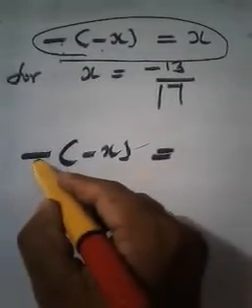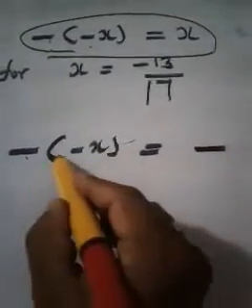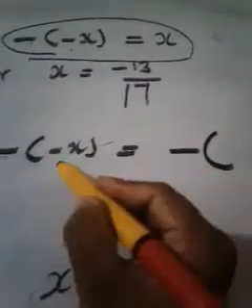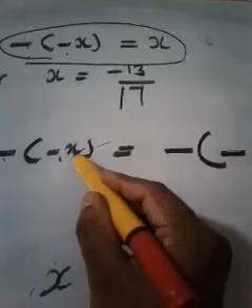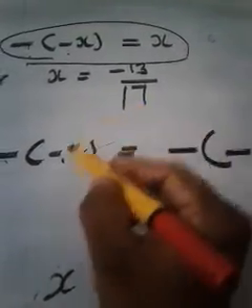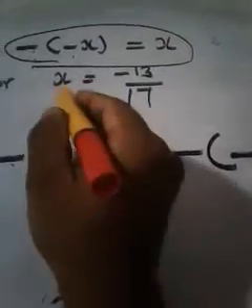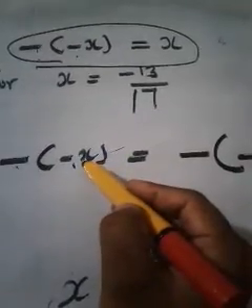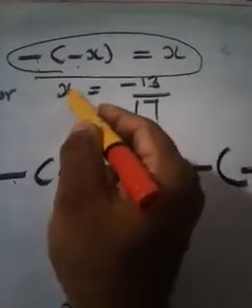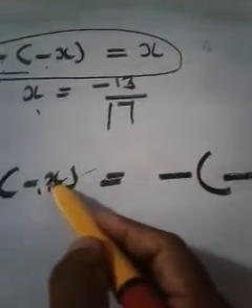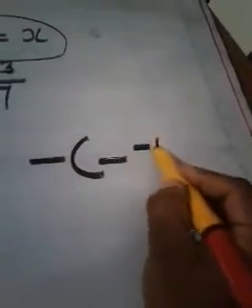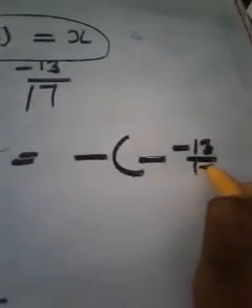Just write this minus first, then give a bracket, then this minus as it is without any change, and instead of this x you can take this value. Why? Because see, this is x, and this is also x. Which is the x value given? Minus 13 by 17. So instead of this x you can write that value, minus 13 by 17,